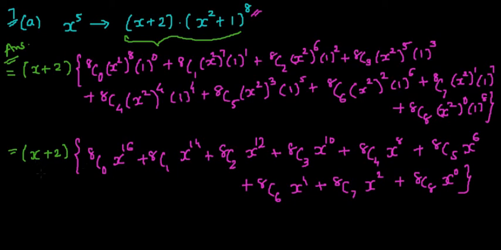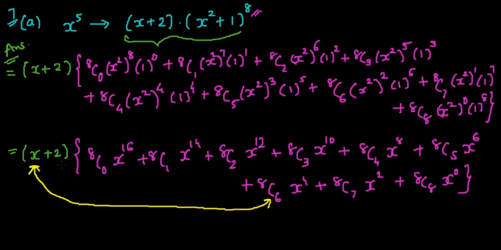Now see, in the first bracket there are 2 terms, in the other bracket there are 9 terms. We don't have to write all the 2 into 9, 18 terms. We have to see before multiplying itself. We want x raised to 5, so just take the first term of the first bracket, say x, it is x raised to 1. So x raised to 1 when multiplied to x raised to 4 of the other bracket, we will get the x raised to 5 term. That is how we have to see.